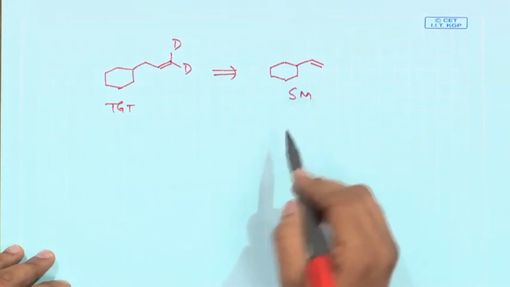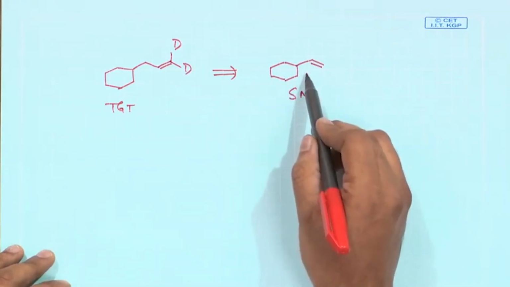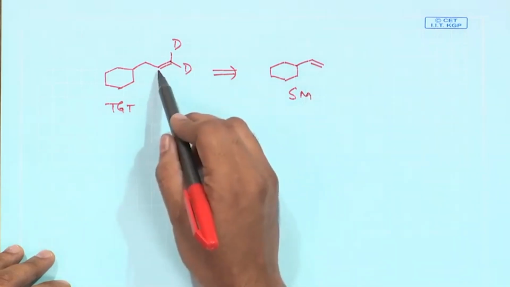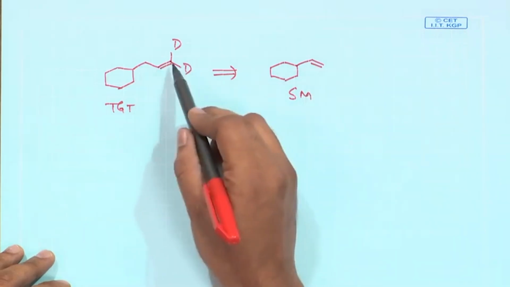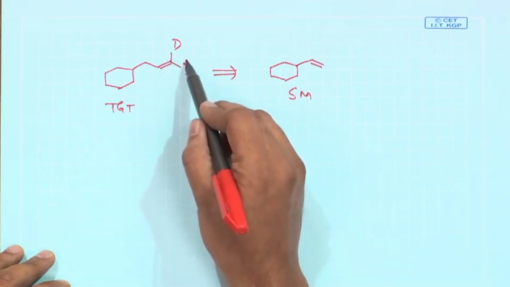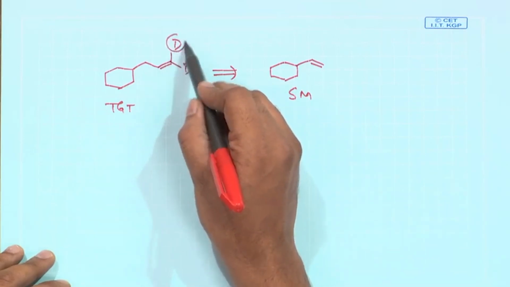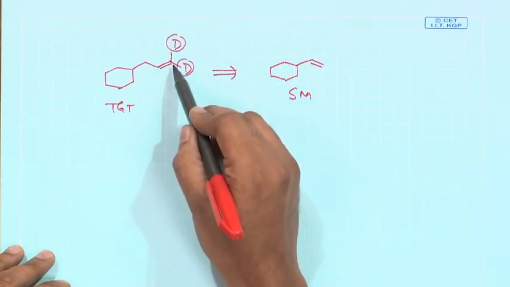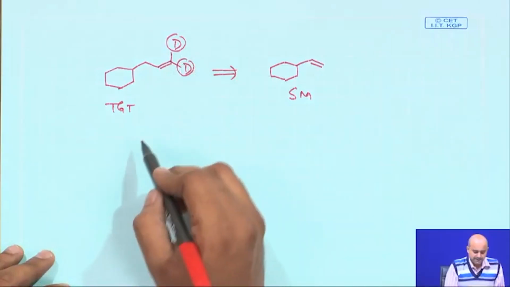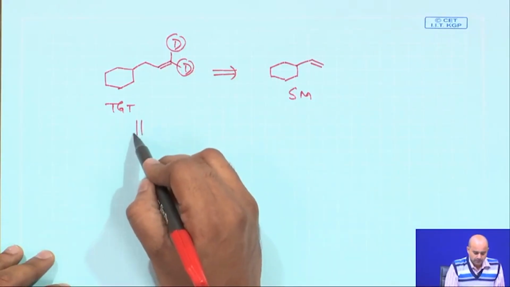The only difference is this starting material having a vinylic appendage, which is now converted to an allylic appendage, one carbon extension, and the allylic end has now acquired a deuterium. Two of these hydrogens have been replaced with deuterium to give you a little bit more synthetic challenge. Okay. So, we will now do a